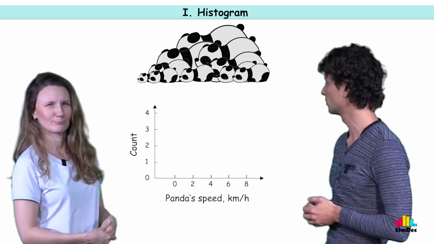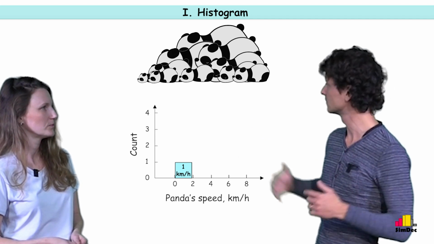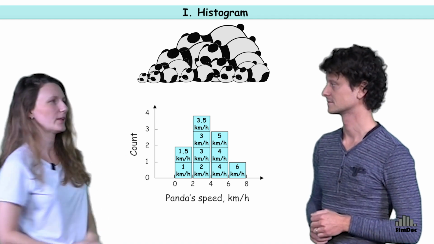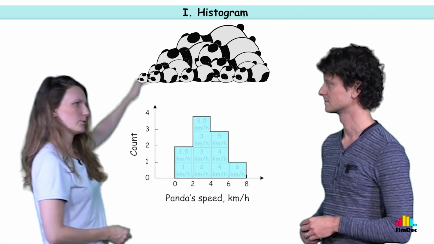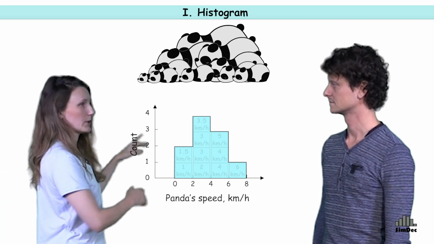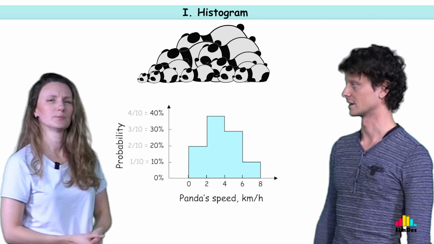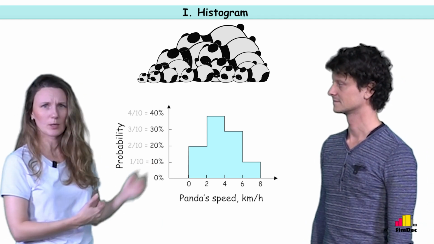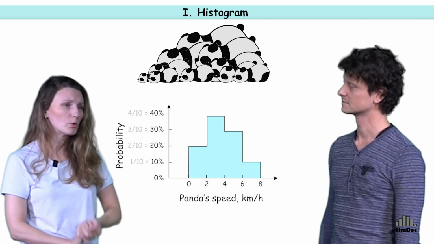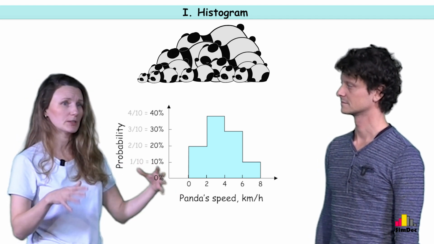For 1 kilometer per hour, there's a bin, and we can just place this panda here, and we reproduce that for all the pandas. All other pandas go into their consecutive bins. And then we have a histogram. The count here counts our observations. If we divide those values by the total number of observations, then we'll have a share of samples or probabilities. From a histogram like that, we can tell the minimum, the maximum, the shape of the distribution, but not much more. So that's why we want to apply SimDec